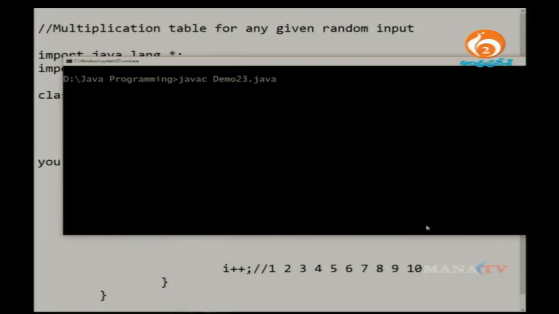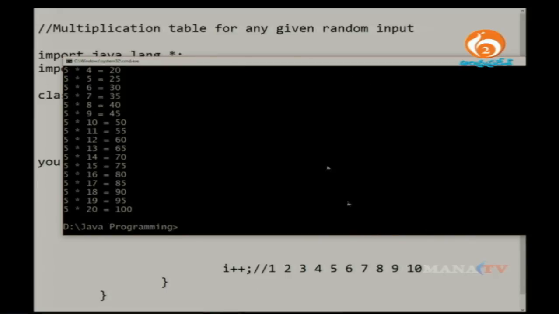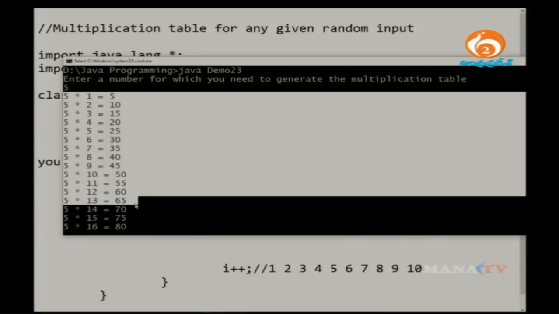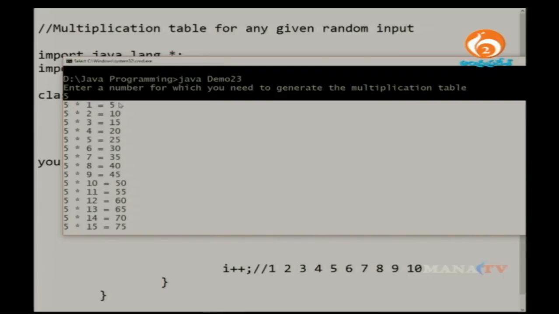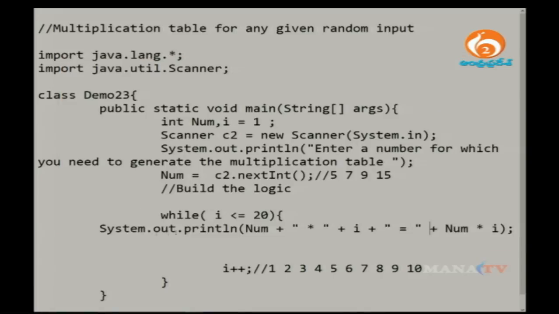First clear the screen, compile your program and execute it, asking for a number, 5, and see that you got the output as what we expected, yes or no. Just check it out here: 5 cross 1 is equals to 5, 5 cross 2 is equals to 10, something like this. Up to 10 it is 50, up to 20 it is 100. So, it is only one thing, you need to customize this particular